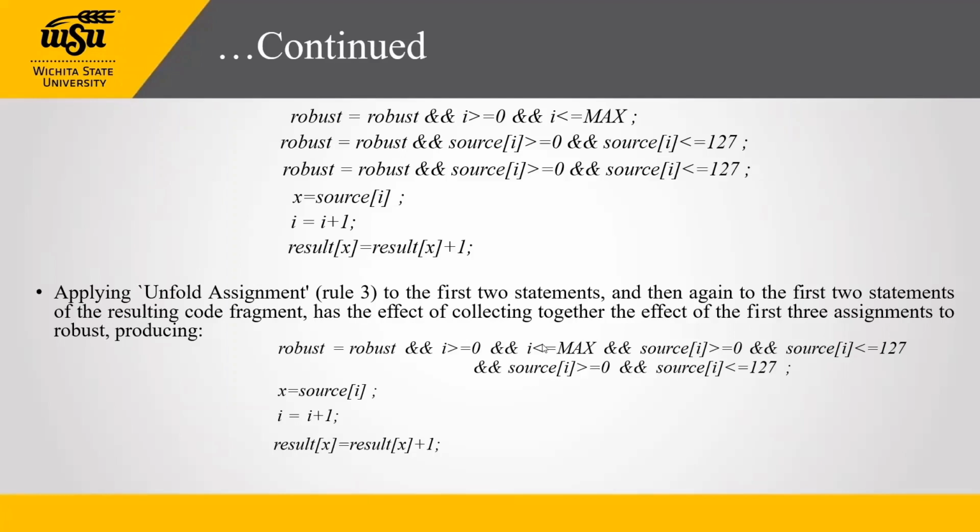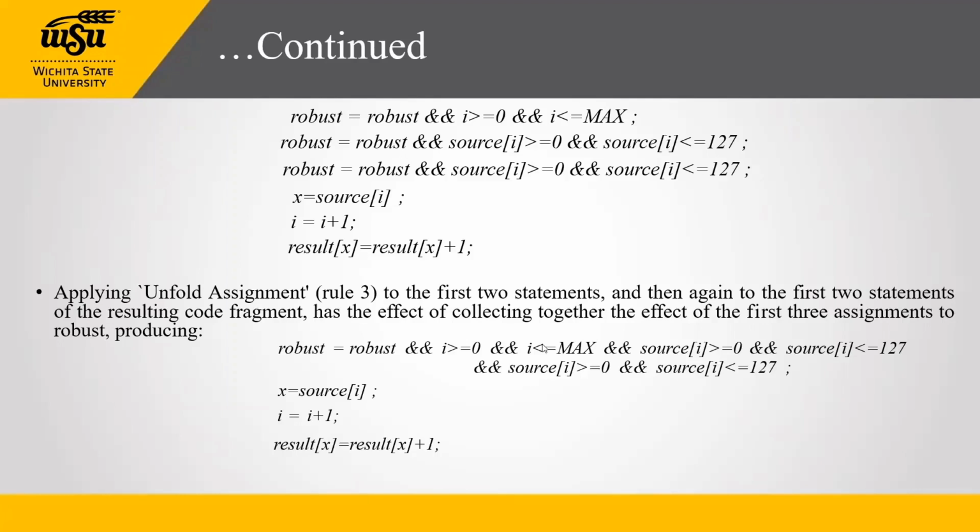And then x equal to source of I, I equal to I plus 1. This I will be incremented in an array. And then result of x equal to result of x plus 1, which is like a new array. The loop will be continued, and applying unfold assignment, which is rule 3, to the first two statements mentioned above,